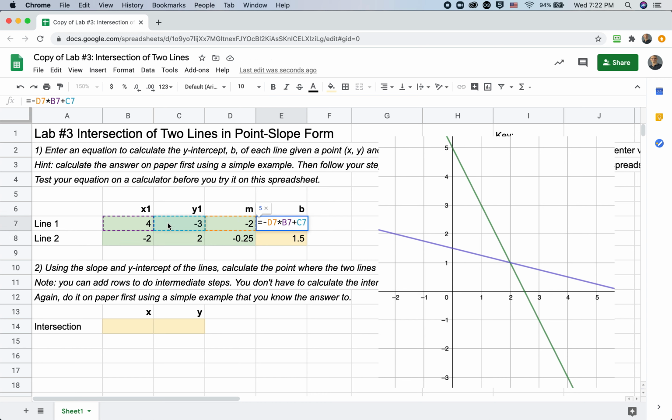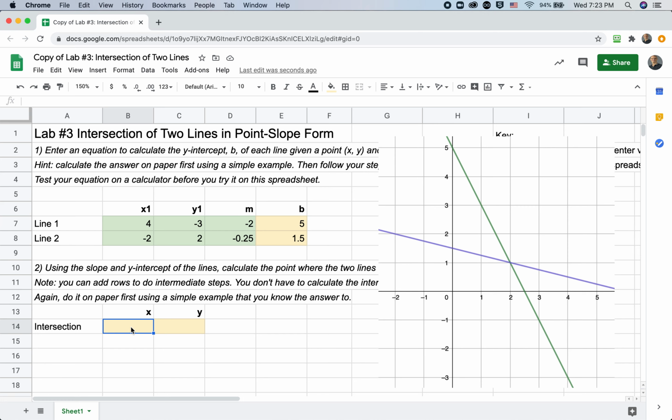You notice that this equation uses these cells, and I'm double-clicking, this equation uses the cells below. So when you copy, it does move and use the next equation down. Okay, so those are the y-intercepts. For the x and the y, for where these intersect, once again, you will need to look at the solution